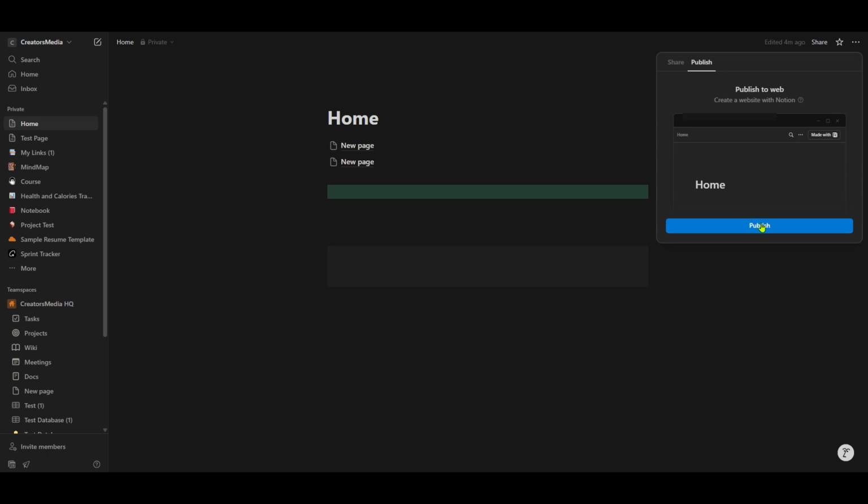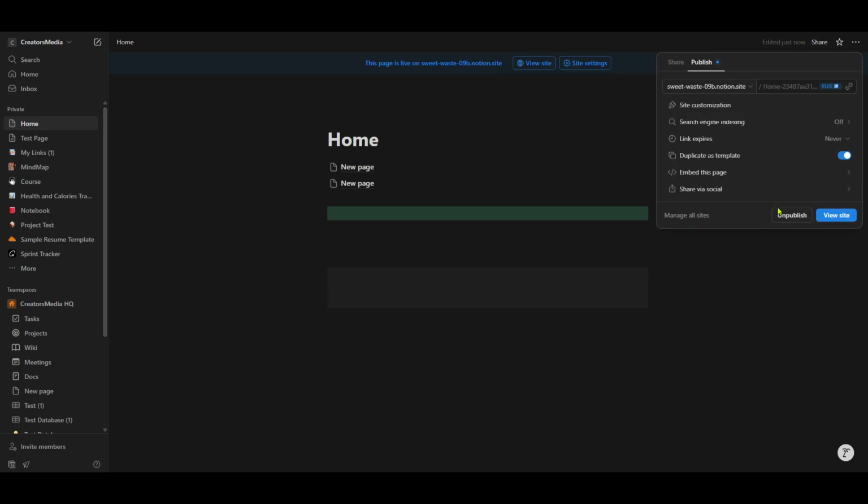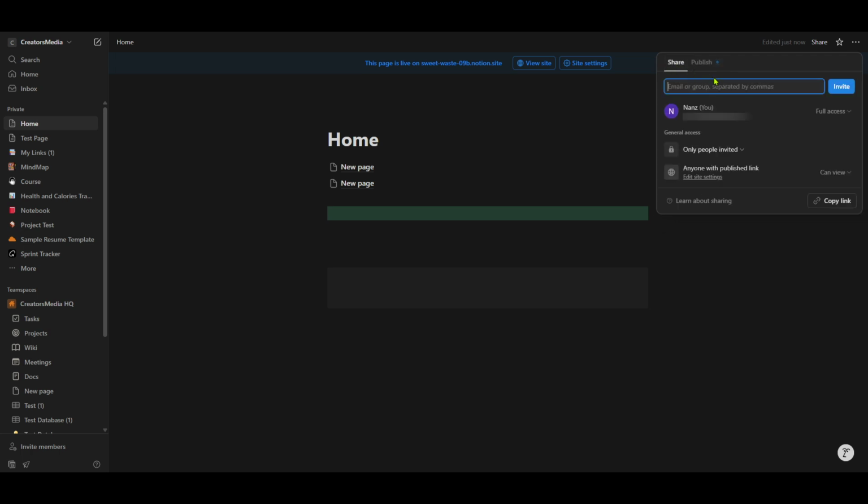After making sure these settings are correct, you might want to return to the main Share menu and click Invite. Here, you can directly type in the email addresses of people you think would benefit from duplicating your page. Sending this invitation is a great way to notify them directly, rather than just sharing a link indirectly, if that's